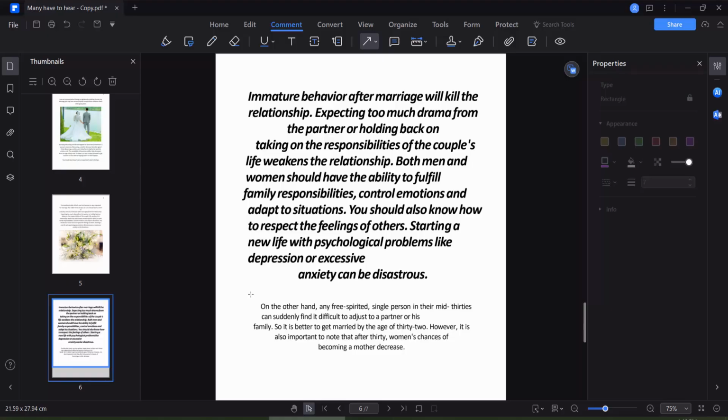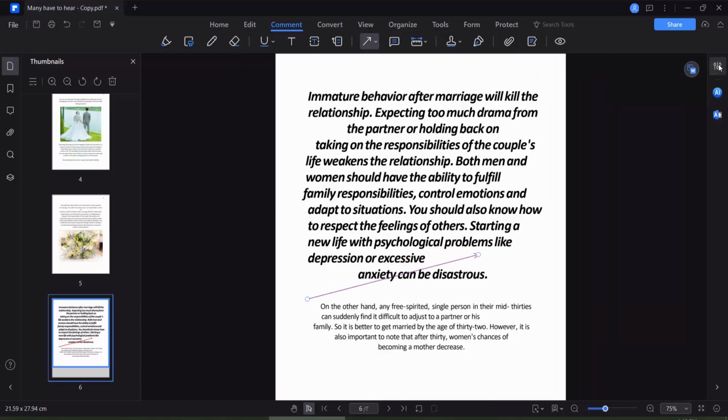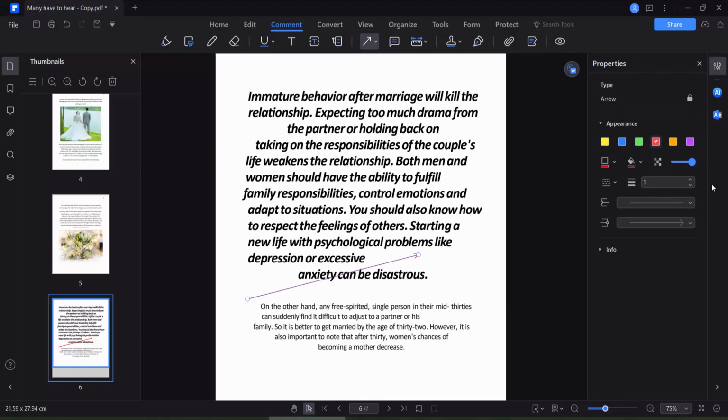Click here and drag your mouse cursor, and rotate and fix the arrow direction anywhere, and see this. And on the top right corner, this properties option, here you can increase this arrow thickness